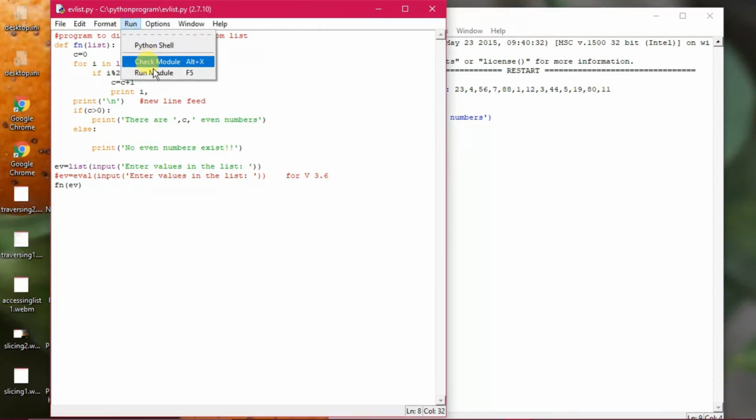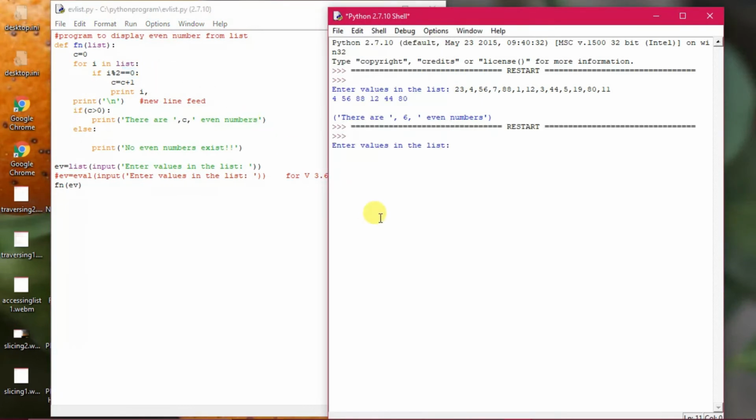And when we run the module again and enter the list, suppose say 5, 13, 23, 43, 57, 79, 71, like this values we have entered. Now you see what is happening. Okay, so you see no even numbers exist. So the criteria does not match and C has not been updated. When C has not been modified, it is coming over here, is 0 greater than 0, it is asking whether it is true or false. So the if is saying that no, it is false, so that's why it is printing no even numbers exist.